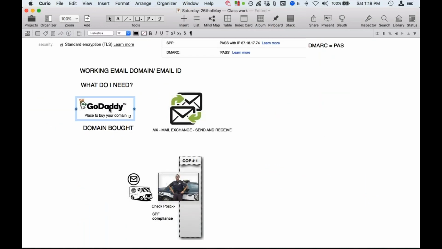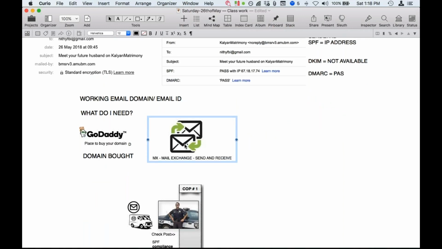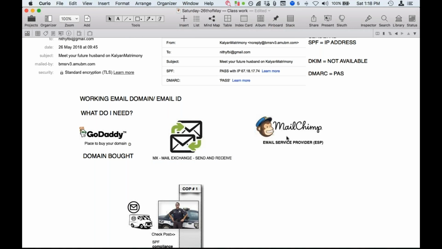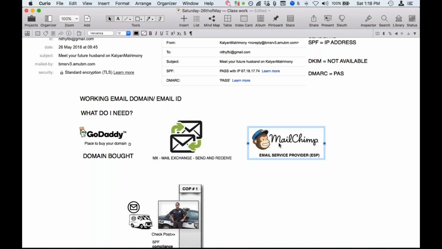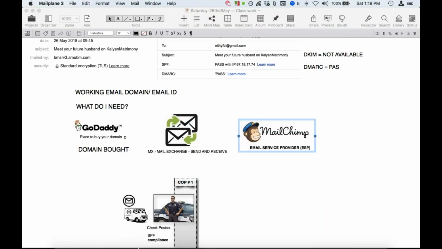We got a domain from GoDaddy. We got a mail exchange set up, and now none of these will help you do bulk delivery of 5,000 and above emails. No, can't go. Who else? Well, you need that ESP. An ESP provider comes in and says, I'll provide you with a system, let's ride on it. And when you pick up a default system from MailChimp, the default system rides on emails like this. For example,